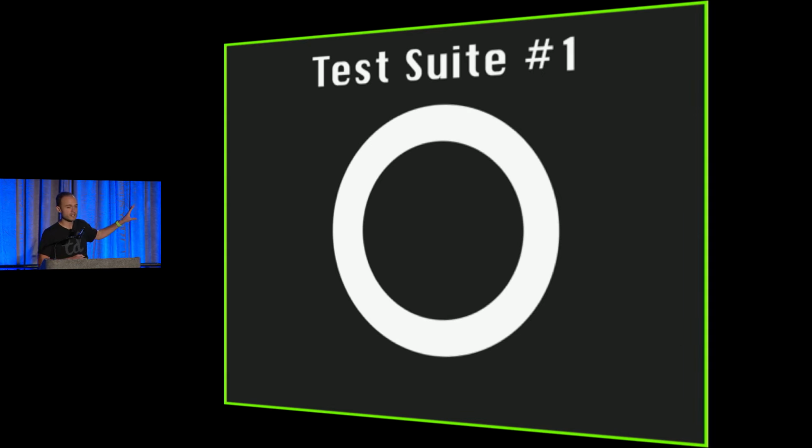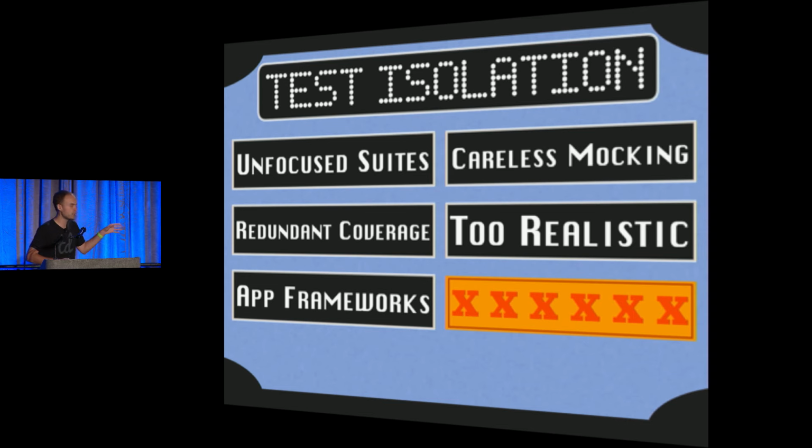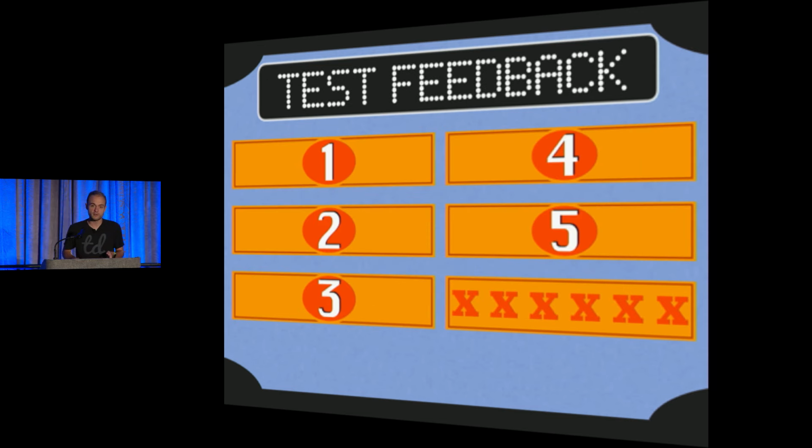Yeah, you can still have a test suite that goes through and calls through all that framework code and exercises your system when it's glued together, but you can have a second suite that's just as divorced from your application framework as your code is. So that was a little bit about test isolation. Good job. We're 2/3 of the way through our journey. Let's go on to round 3, talking about test feedback.